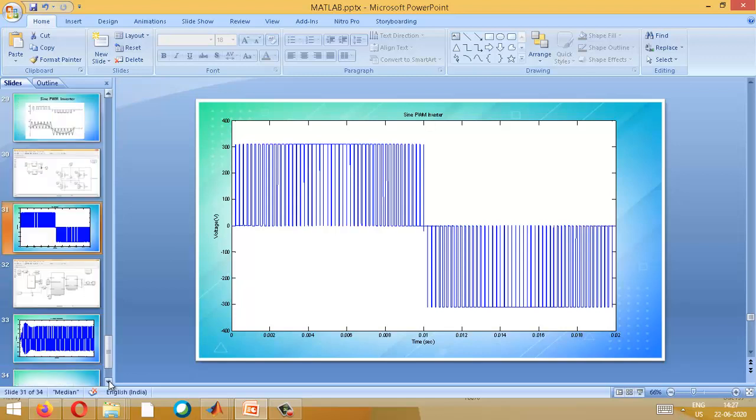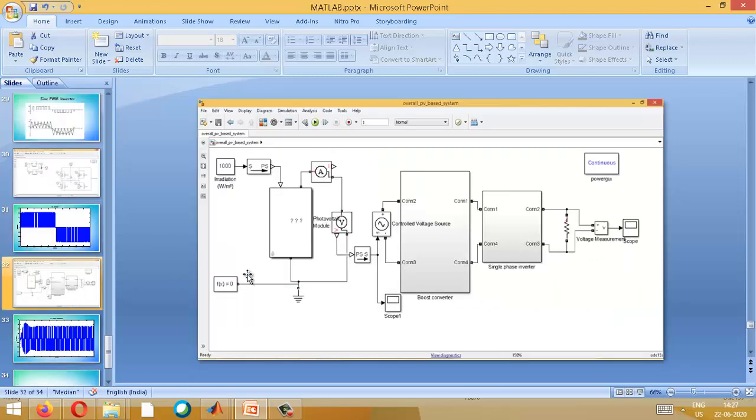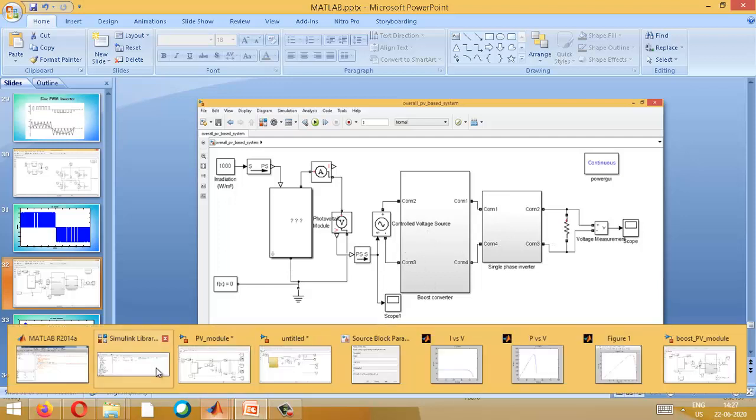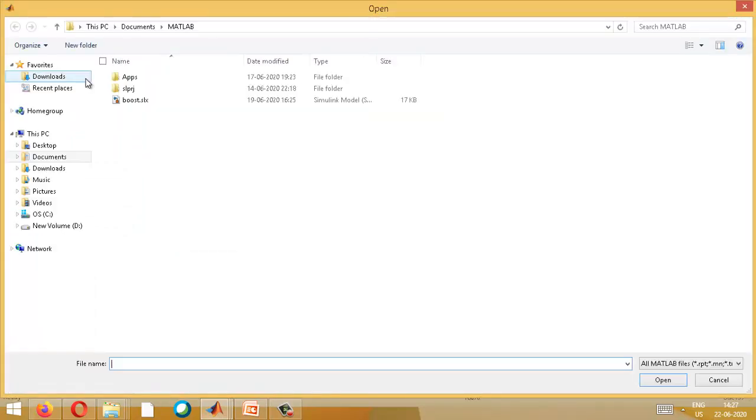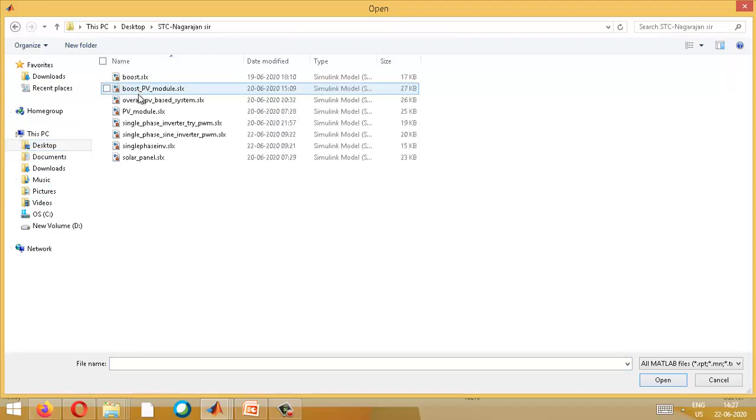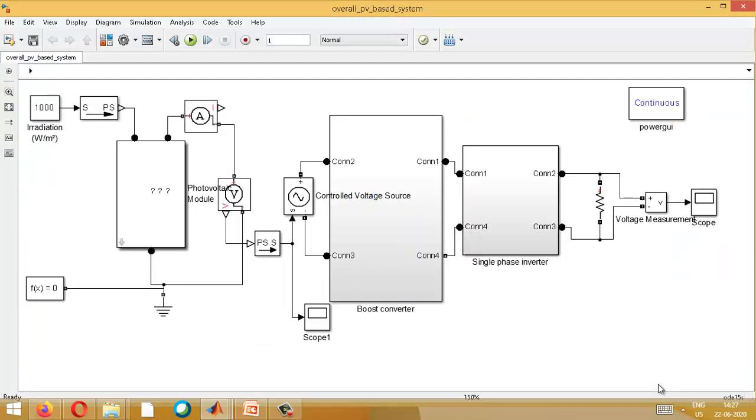Now the last step, we all know what our final step is: connect the inverter to this boost converter. I have already done it. I will just open it and show you how to do that. Okay, so we have already simulated it. This is the overall system. You can see here, this is the solar panel, and the solar panel is given to the converter. Again please remember, once you connect the inverter, the load from the converter side should be brought out to the inverter side, and this is the entire setup.